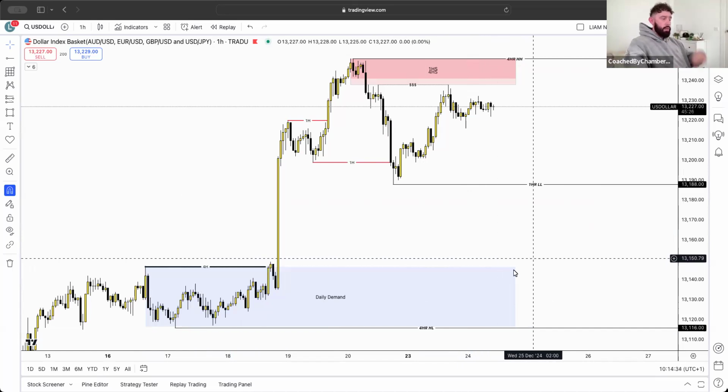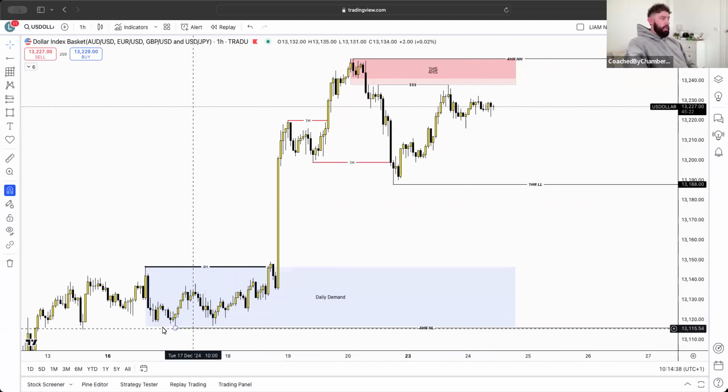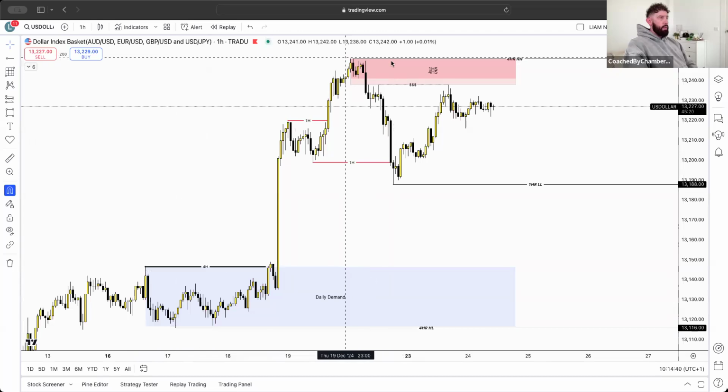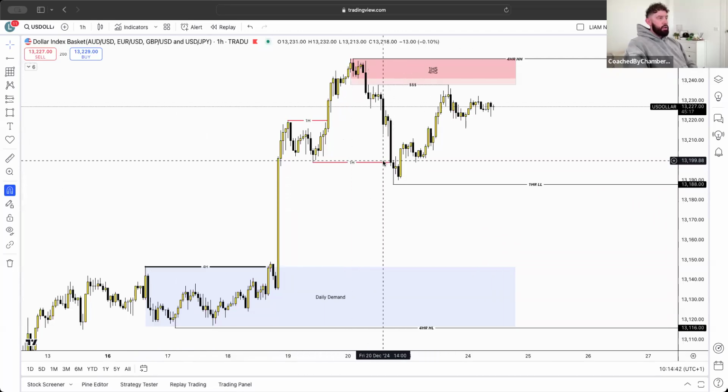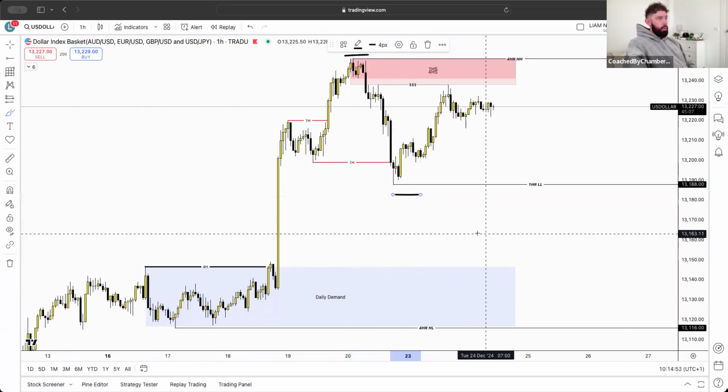So as you guys can see, as always, we will start on the US dollar. Currently right now we're between this 4 hour higher low and this 4 hour higher high, and we've had an internal 1 hour break of trend, change of trend. So currently, within the 1 hour, we are within this 1 hour high and 1 hour lower low.